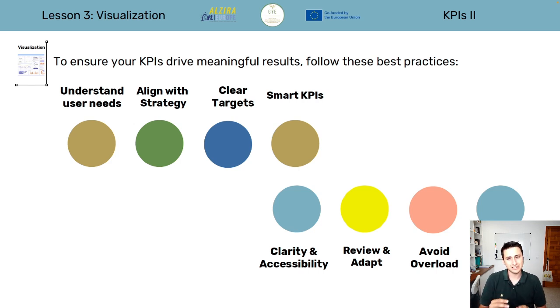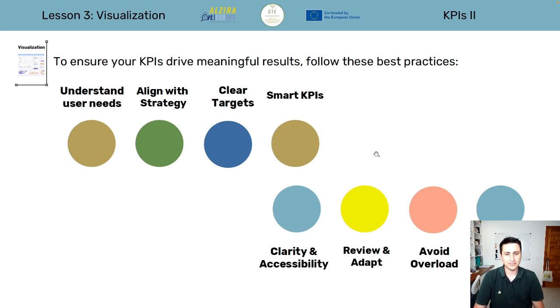Then align the KPIs with the business strategy in the mid and long term. We shouldn't have short-term KPIs that are against the mid and long-term strategy. Sometimes it would be necessary, but it's not recommended. So first, align all of the KPIs with the strategic plan or strategic roadmap of the company. Define clear, numerical targets of what we want to achieve. The KPIs should guide us to the business targets and goals.